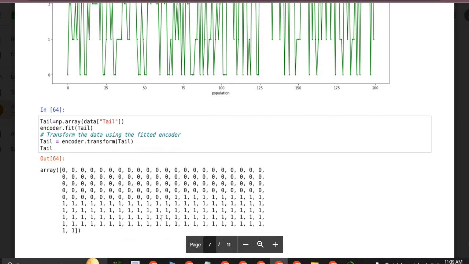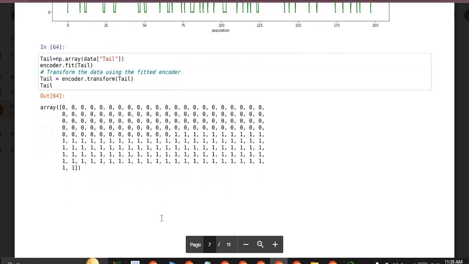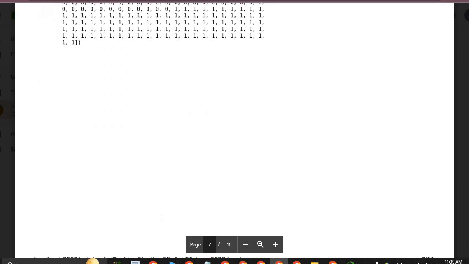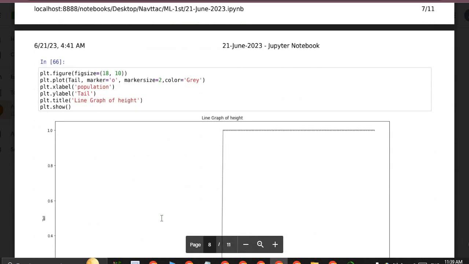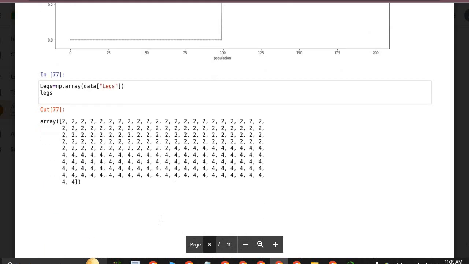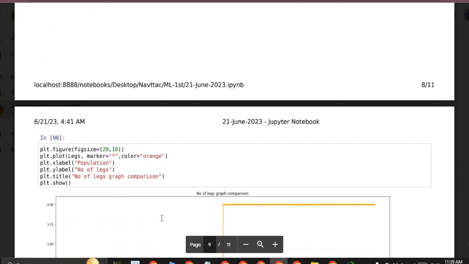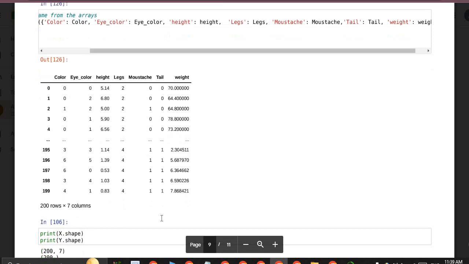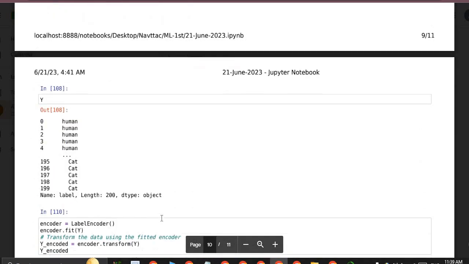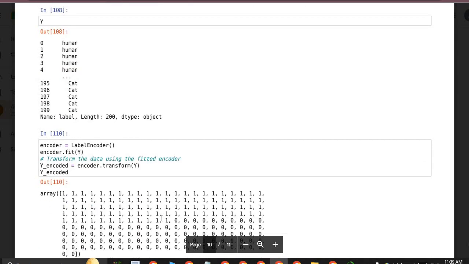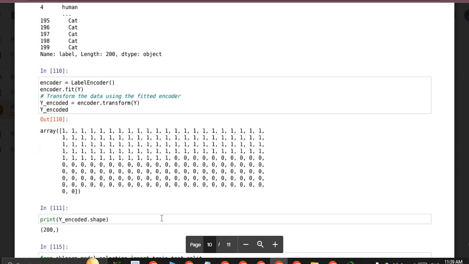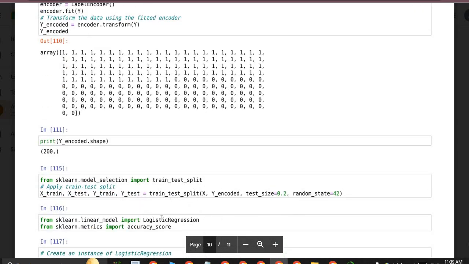And train, this is all the data analysis and data visualization. We will visualize the data of cat and human. After visualizing the data, we will train our model.